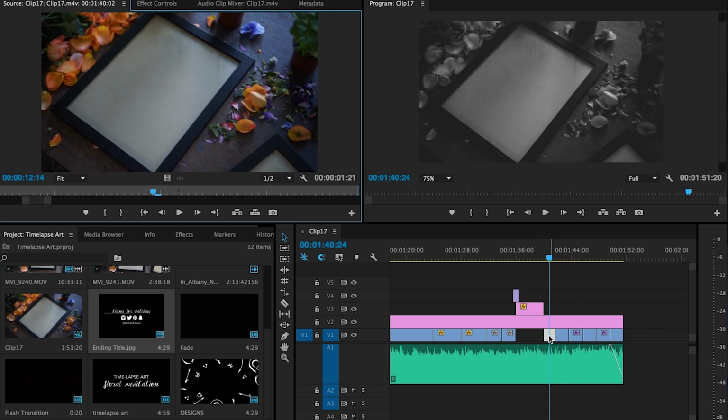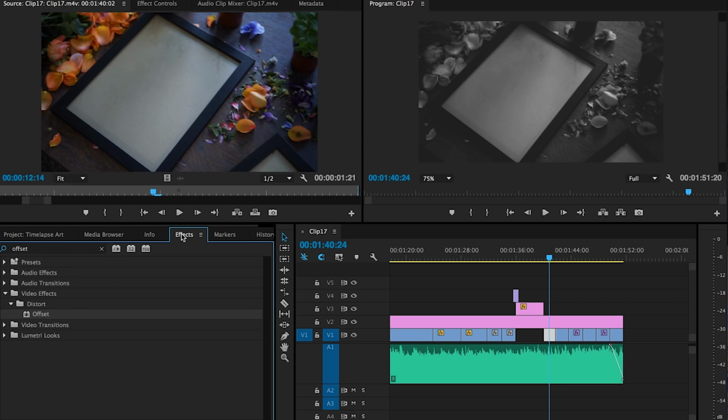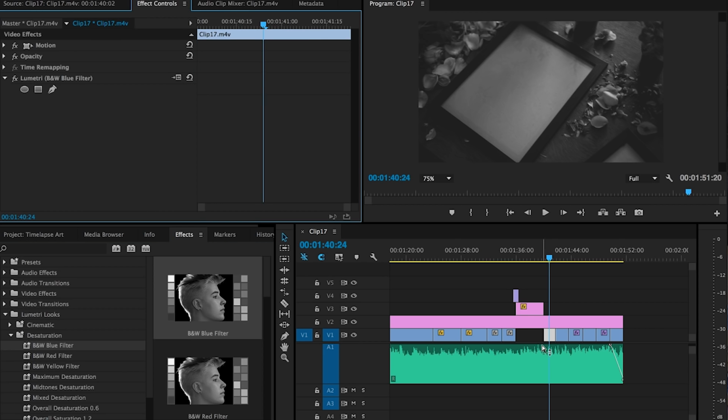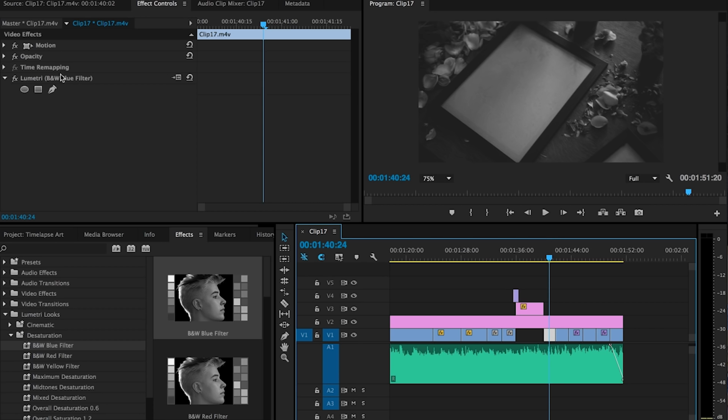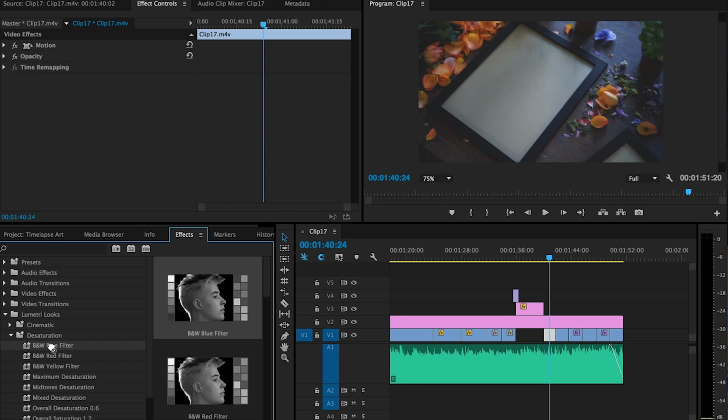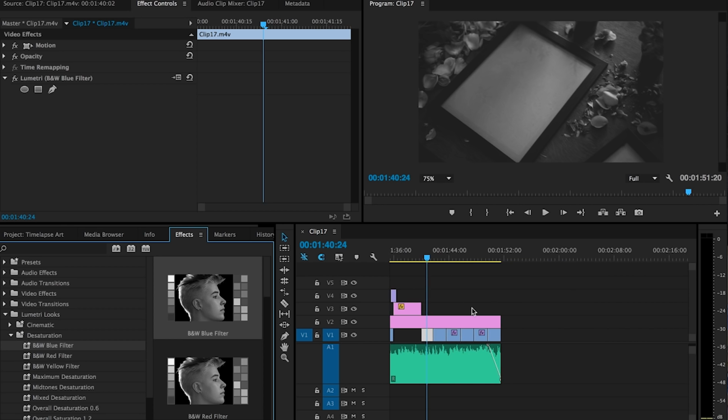And the way that I did that was, if you go into effects here, and you go to Lumetri looks, I believe, and you go to desaturation. I believe I put this blue filter on there. So have this video clicked. Yeah, you can see right here, this shows you what video effects you have on this particular piece of video that you have clicked. That was the filter that I used to make that blue. So if I deleted that, it would change back. But I'm choosing this desaturated filter and putting it on there, and that's what's taking out the saturation. So yeah, I think that's pretty much the basic